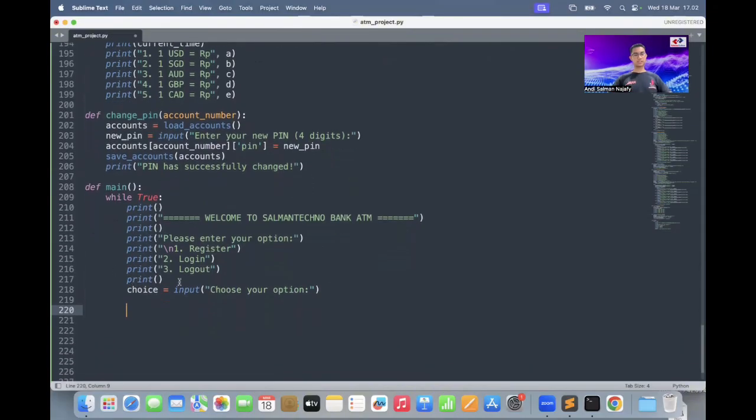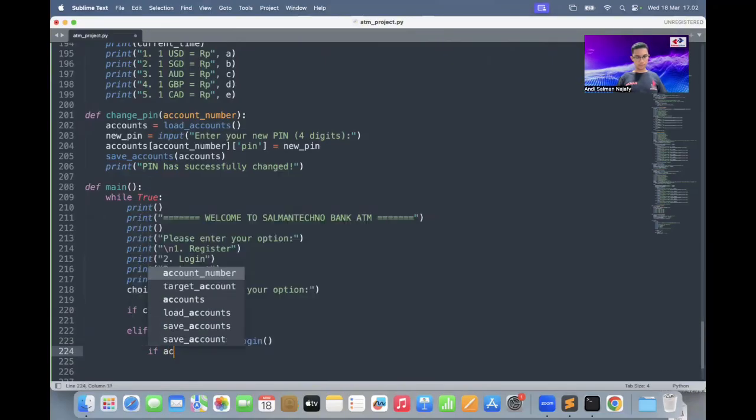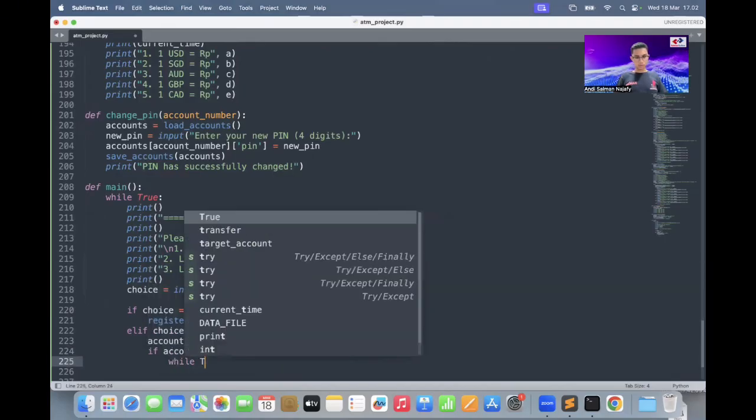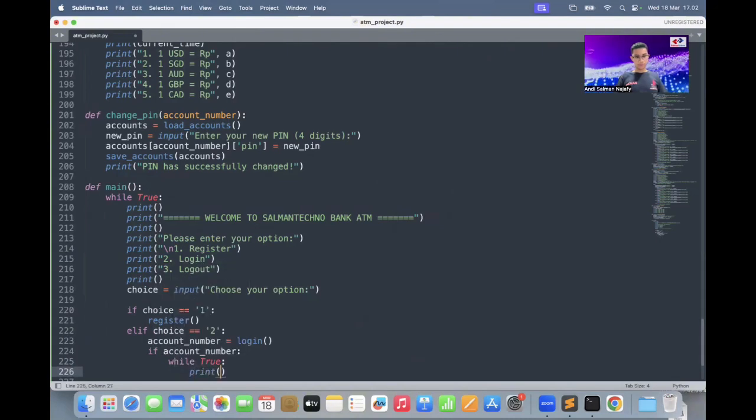All right, so if we choose one, we will proceed to the register page. However, if the choice is 2, we will proceed to the login page. Account number, login, and if the account number, while true, print